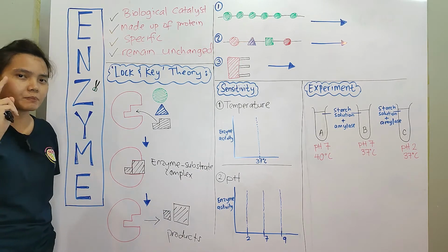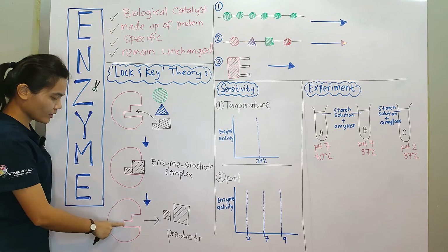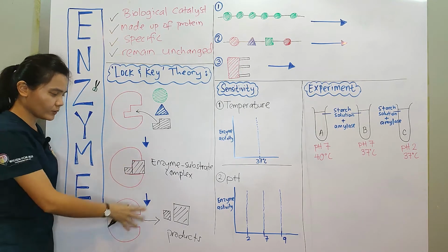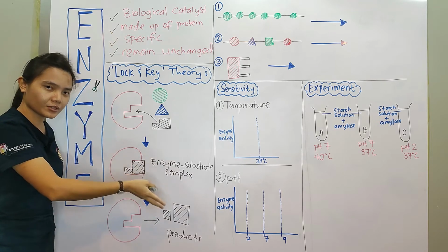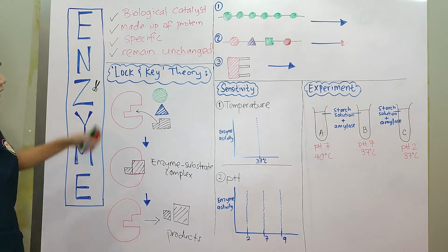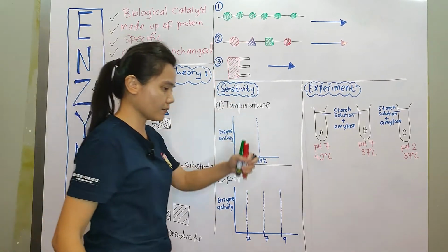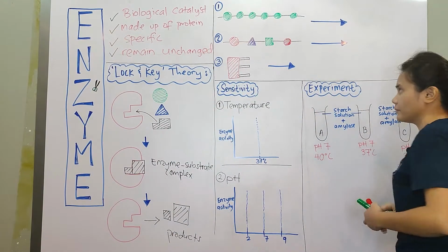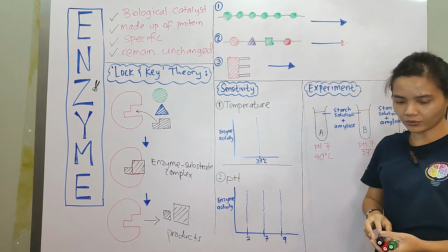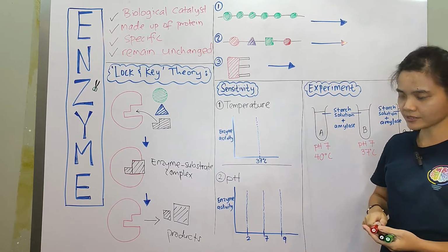It talks about the specificity. What happened to the enzyme after the process? It will remain unchanged. So it will break down other substrates of the same shape. Okay, so this is done. So let's talk about examples. These three examples are very popular in exams. In fact, in your notebook, your teacher also teaches you this.